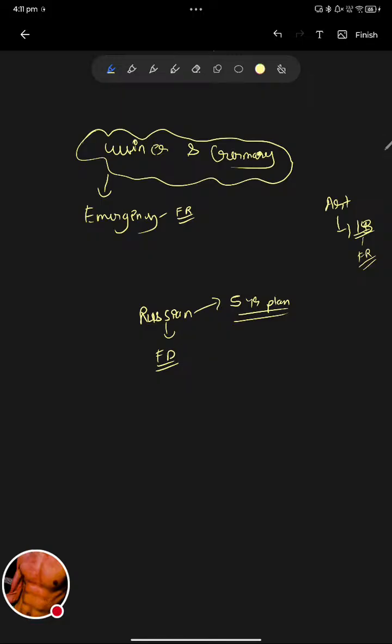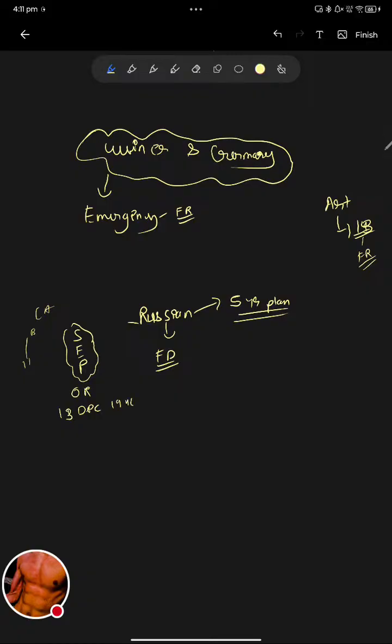Then there is your justice of social, economical, and political, and this is also in your objective resolution, right? Which was on 11th December, or 13th, sorry, 13th. 11th is the one in which Dr. Rajendra Prasad became the head of the Constituent Assembly. But the 13th December of